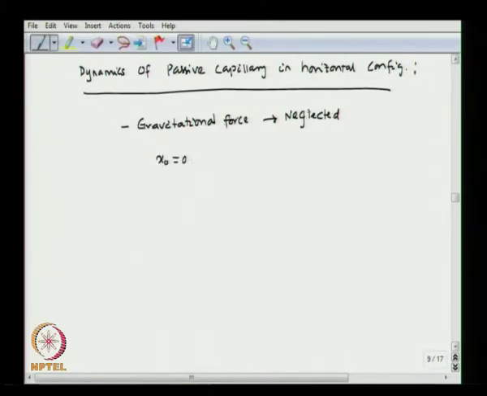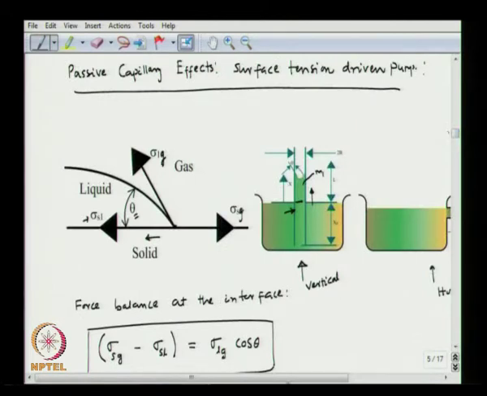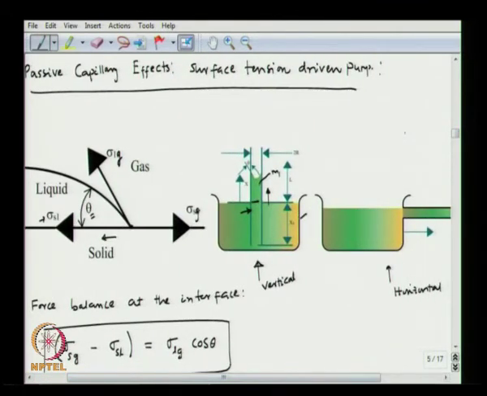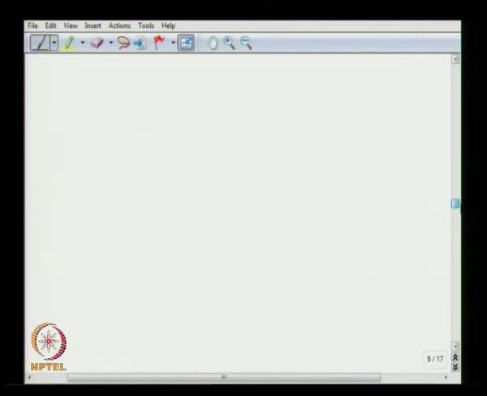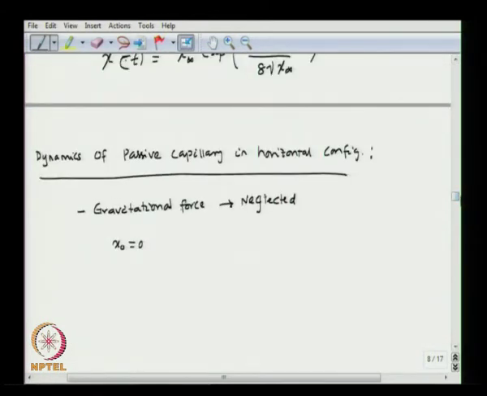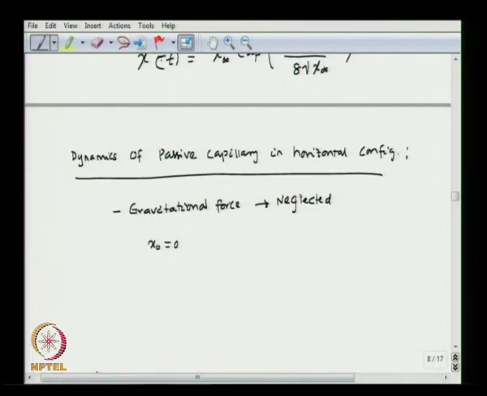Okay. So, what we defined x 0 as. So, if you look at here, we defined x 0 as the portion of the capillary which is dipped inside the liquid container. Since here we are talking about a horizontal tube, the x 0 is going to be 0. So, here x 0 is 0. So, from the general equation we can simplify by dropping the gravitational force and putting x 0 equal to 0.